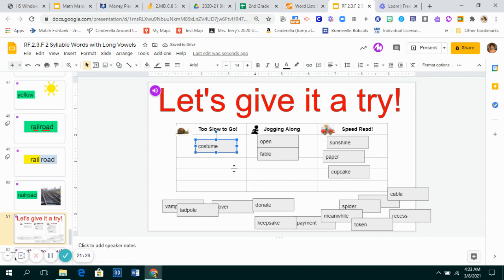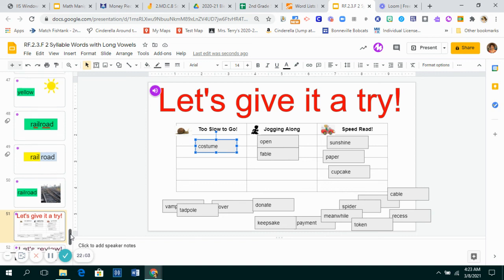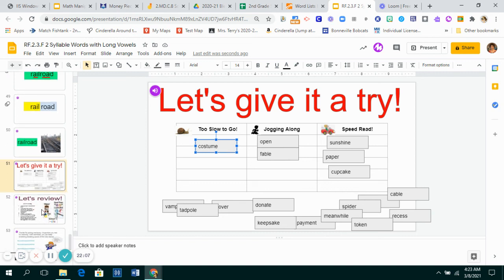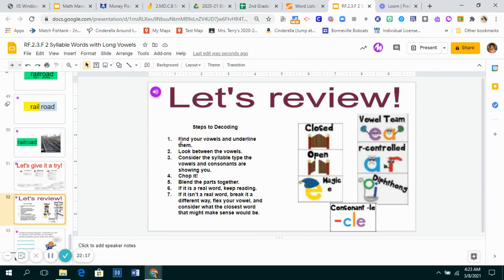Well, so I've got one word, costume, that is really too slow to go. I'm going to have to practice that. I've got some open ones, open and fable, that I was doing at a jogging along speed. And then I have these three words that I know super fast: sunshine, paper, and cupcake, that I didn't even have to really stop and think because I just knew it. I will keep working and practicing this until I get them all completed and I get all of my cards to where I can read them as a speed read. It may take me a few days. But until then,